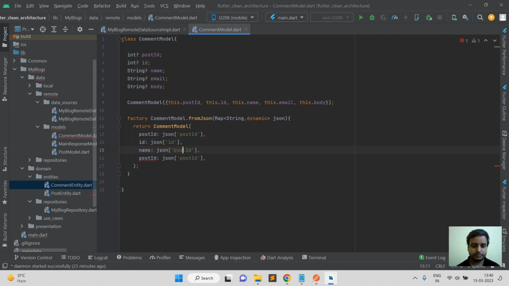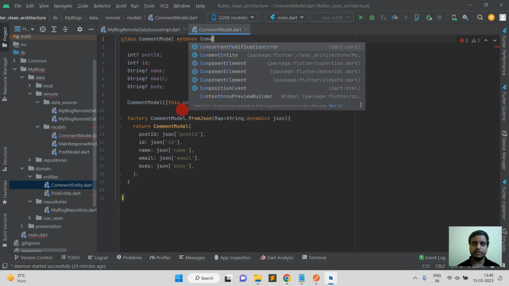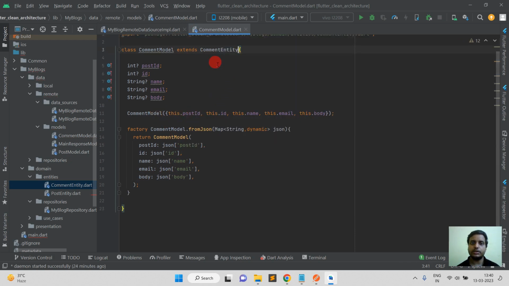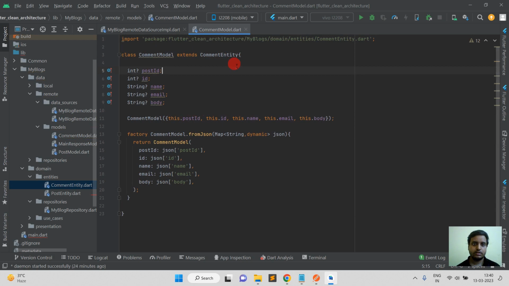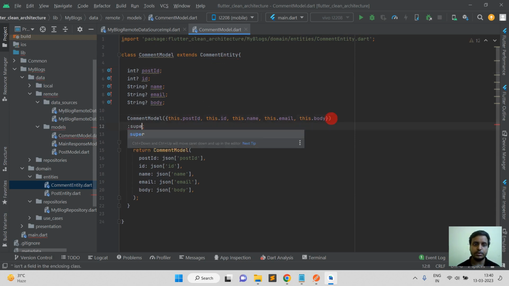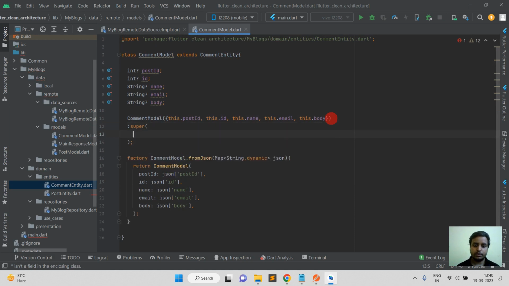Email, and then body. So here just copy this and paste this, and one more thing we have left: we'll have to extend with comment entity, so it will compare with comment entity. So extend this with this, and then we will use super here, and then we will use post